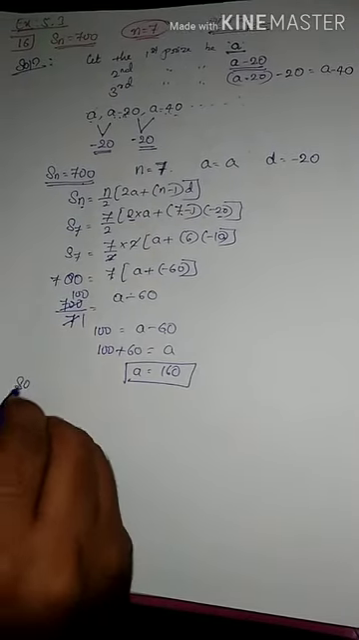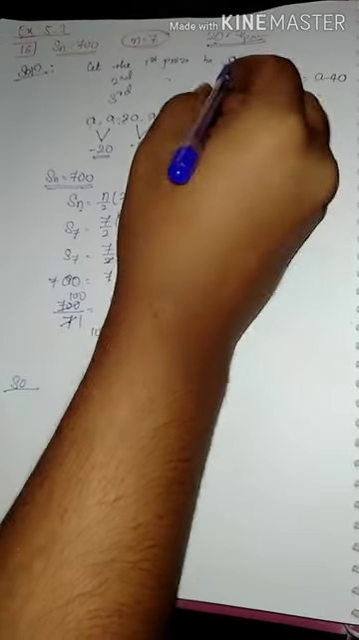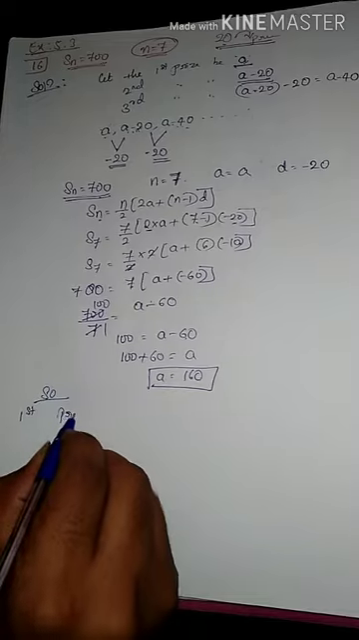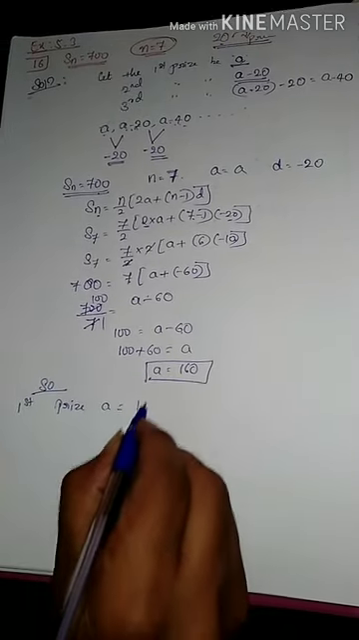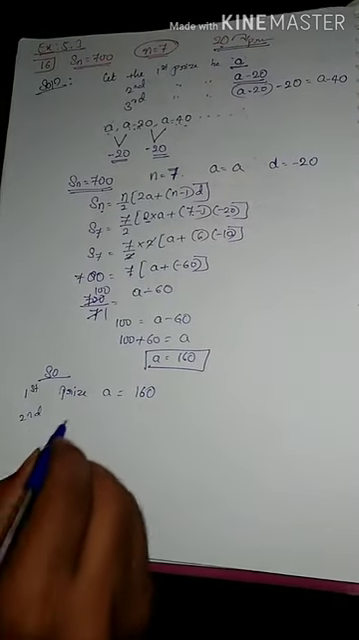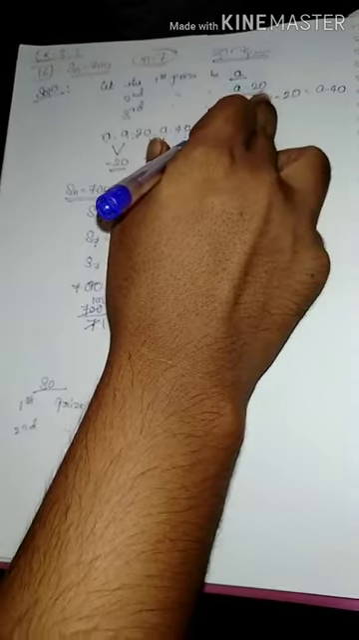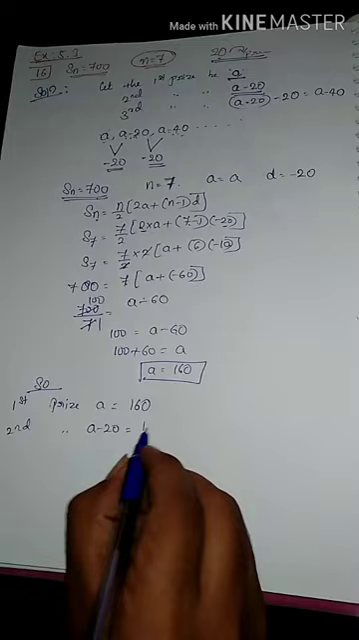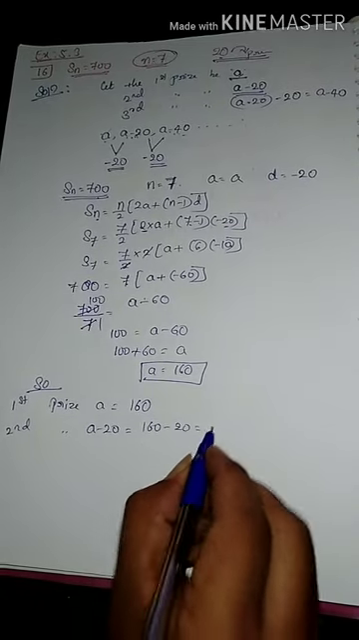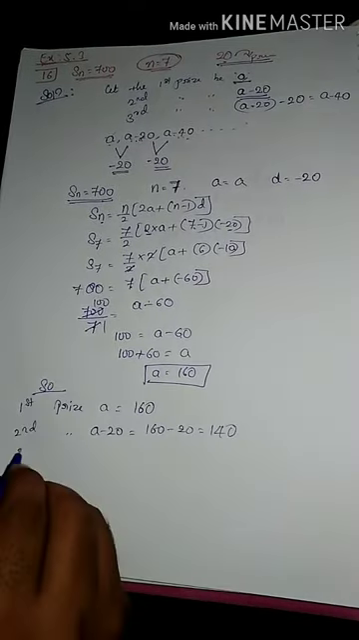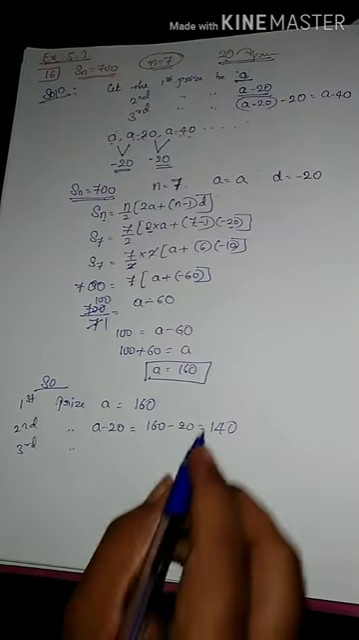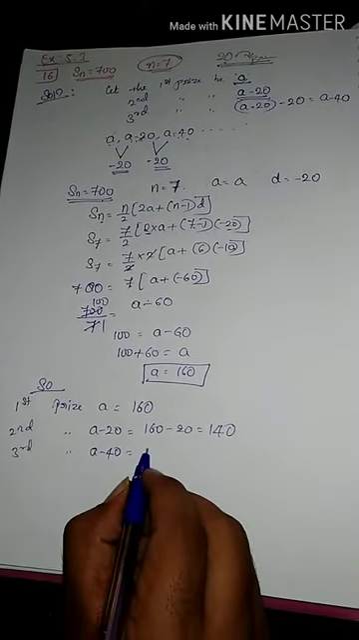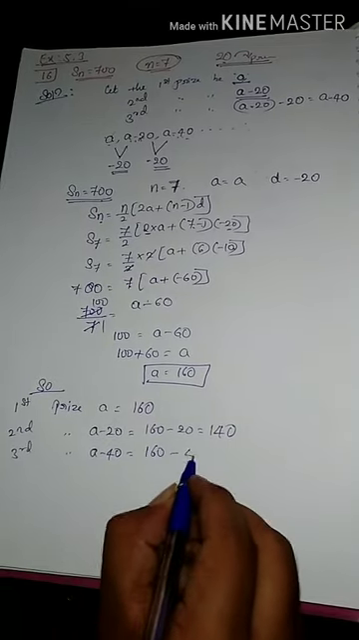So here first prize is A, first prize be A. That is first prize A is equal to 160. And second prize is 20 less than the preceding prize. That is A minus 20 is equal to 160 minus 20, which is nothing but 140. And third prize is again 20 less than its preceding prize. A minus 40 is equal to 160 minus 40 is equal to